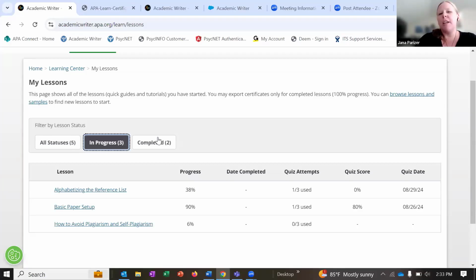So we do offer an LTI integration with Canvas, Blackboard, Brightspace, and that allows you to include links to specific lessons in Academic Writer. But because you're building them as a web link, you would have to build another assignment for the upload process for students to submit that file, I think. Yeah, I'm not an LMS expert. There might be another way to do it, but you would want to have some way to assign points to that. Yeah, you're right.